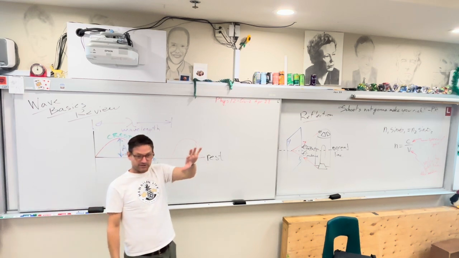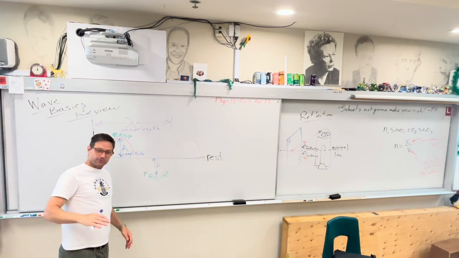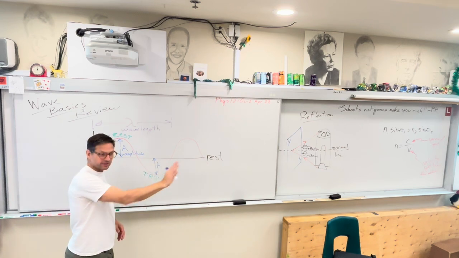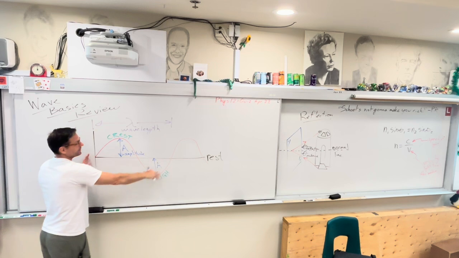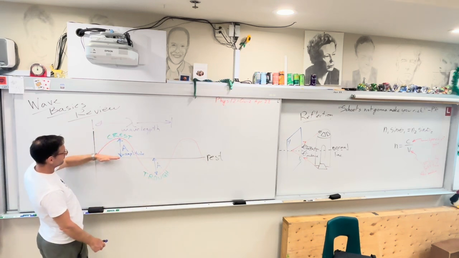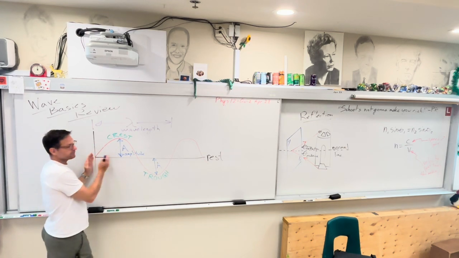This is wave basics. So you have a transverse wave and you have a longitudinal wave. Transverse wave, the oscillation is perpendicular to the propagation, and a longitudinal wave is parallel to the propagation. This is a diagram of a wave. So the highest part is the crest, the lowest part is the trough. The amplitude is from rest to crest, and the wavelength is from one part of the wave to the same